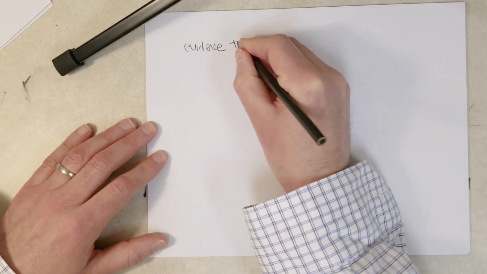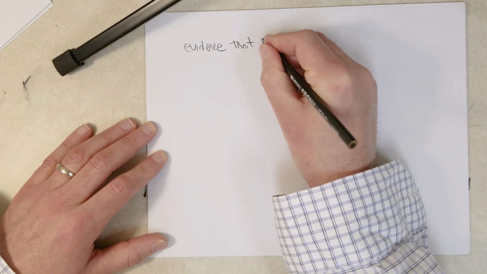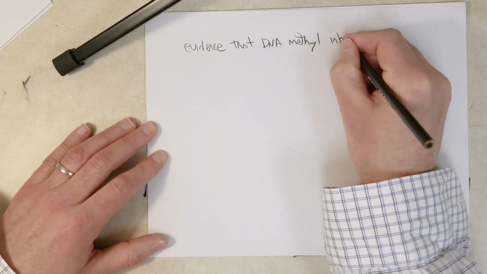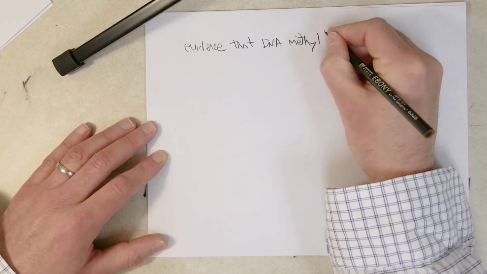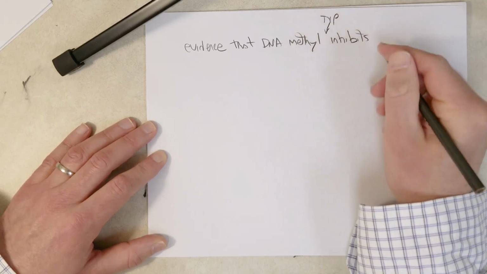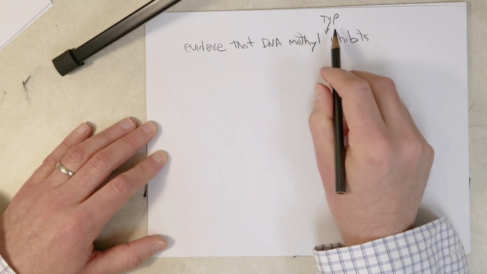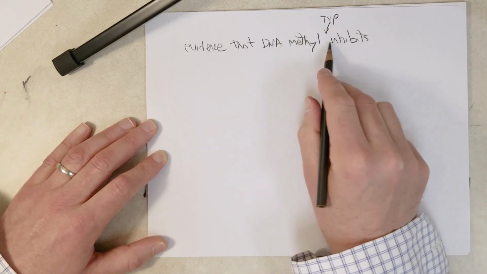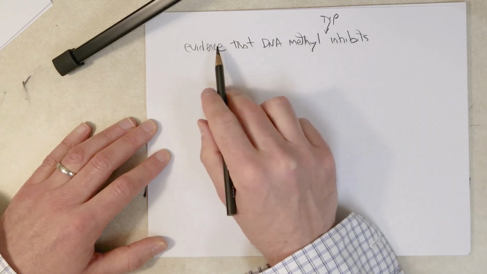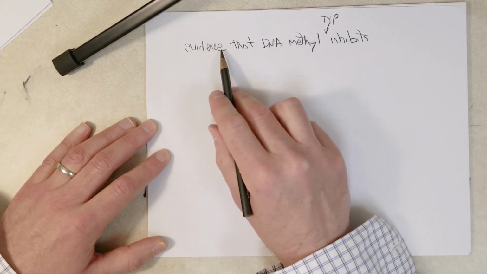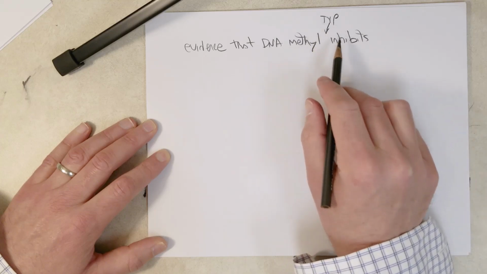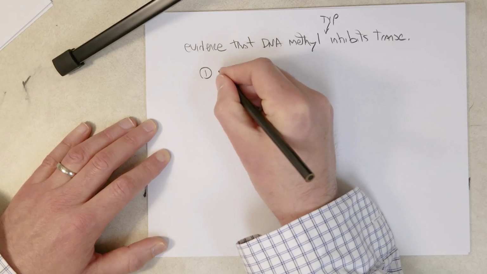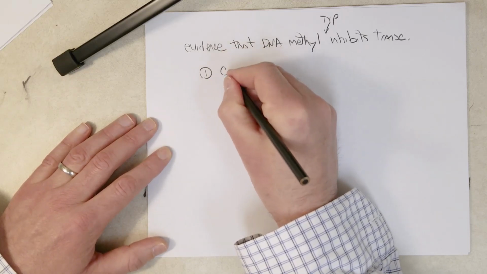Evidence that DNA methylation typically inhibits transcription, and I should say typically, because this is biology and there are always outliers or things that go against the typical phenomenon, comes from findings that CpG islands